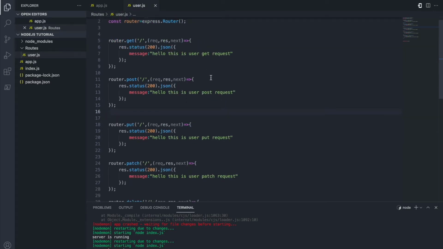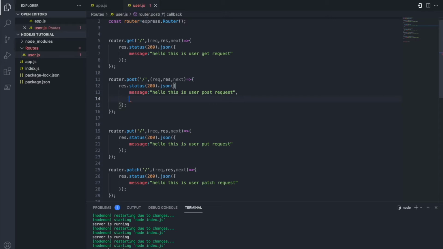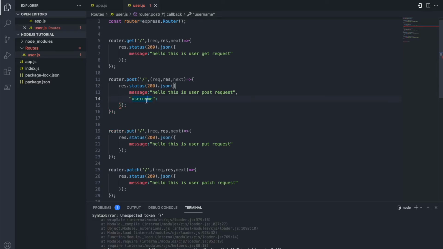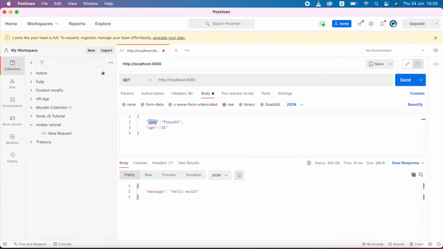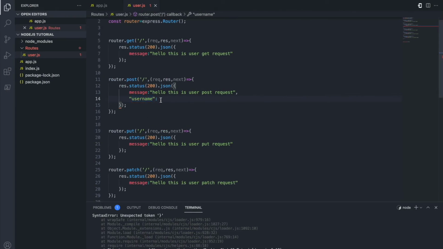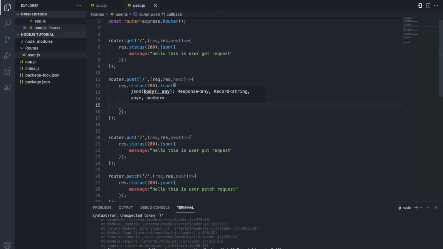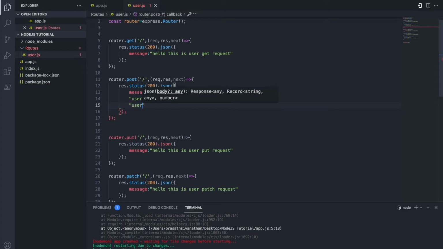So I'm going to the user route. Here inside the post I'm going to type username. This username I'm getting from this key, request body name. After that user age.